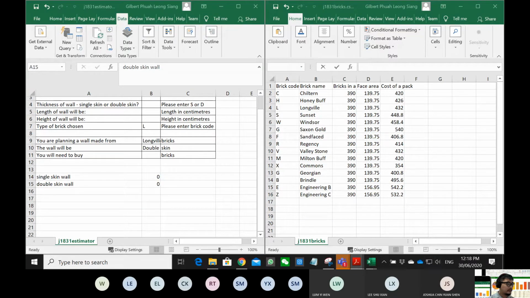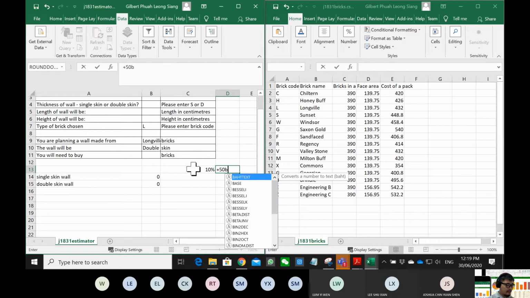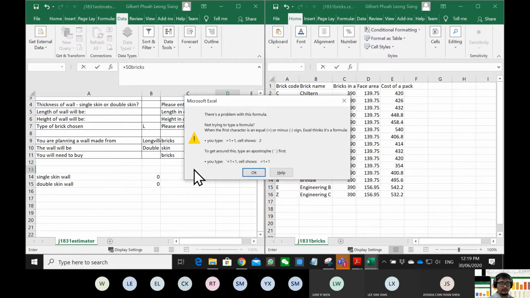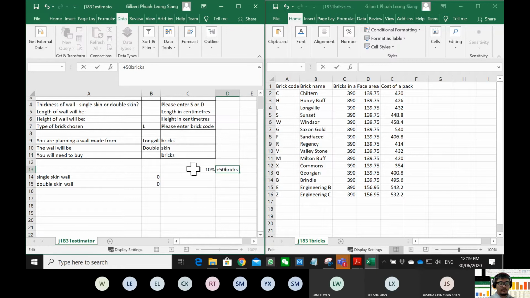So here, 10% plus 50 bricks. Okay. 50. So equal this one,